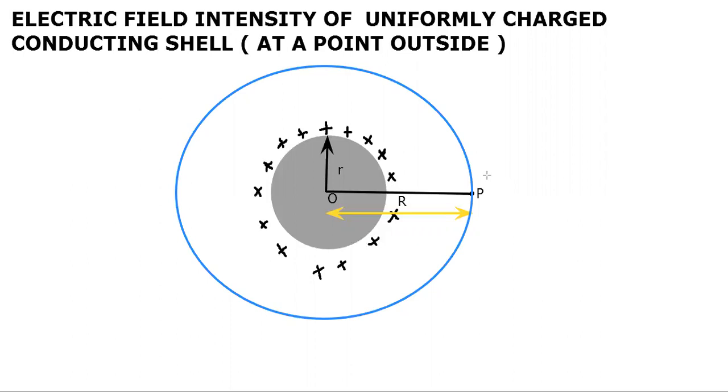Now the second step. The second step was to give direction of electric field. Now as it is a positively charged sphere, the direction of electric field is always outwards. So I will make the direction here. The direction of electric field at point P would be like this, going outward. We can update the diagram and write that it is E, electric field.